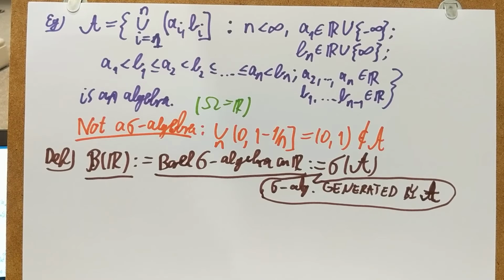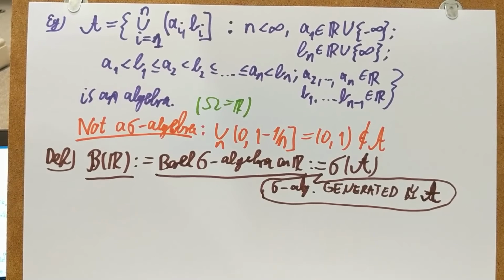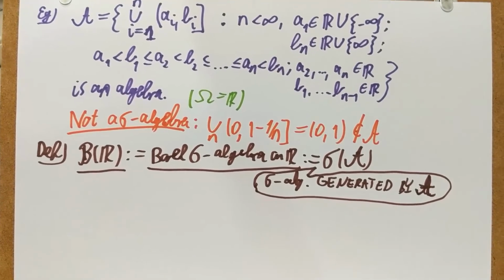Singletons will be in the Borel sigma algebra. Almost anything you can come up with in your mind will be a member of this Borel sigma algebra. It's not easy to find subsets of R which are not measurable, which are not in the Borel sigma algebra. Okay, those interested can look up the so-called Vitali sets, which are about this phenomenon. So how to construct something that's not Borel measurable, that's not in the Borel sigma algebra.